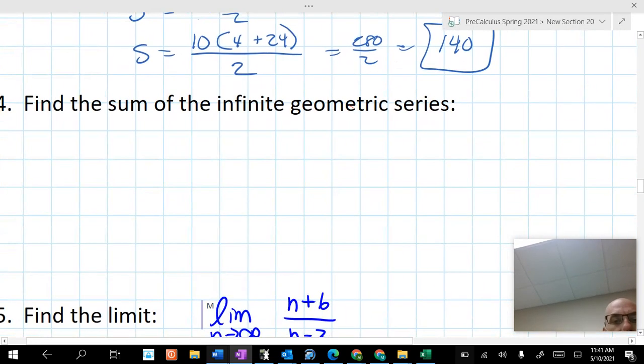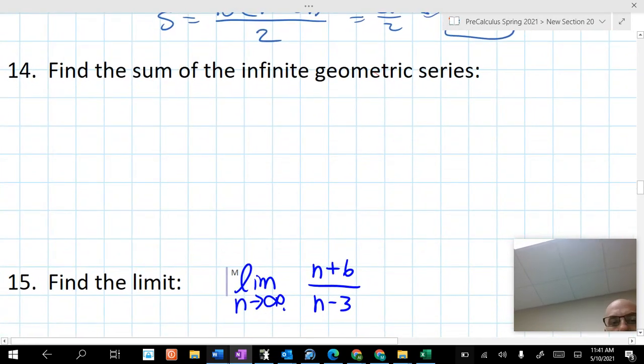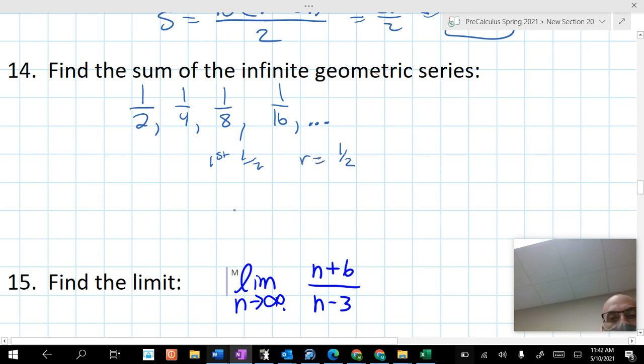Oh, and this one didn't have a problem on it, did it? 14? Nope. The sum of the infinite geometric series, let's just do a simple one. 1/2, 1/4, 1/8, 1/16, dot, dot, dot. So what's your first term? 1/2. What's your common ratio? 1/2. Okay. So the sum of an infinite geometric series is